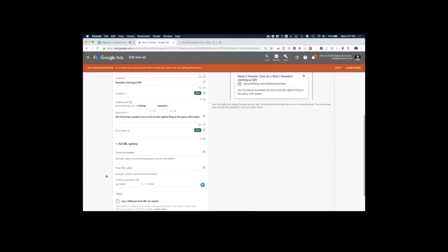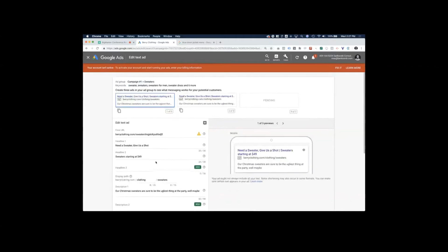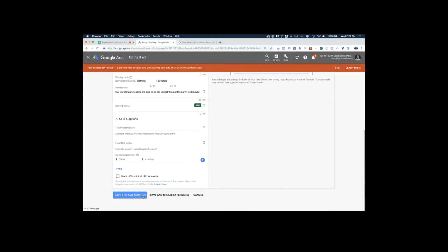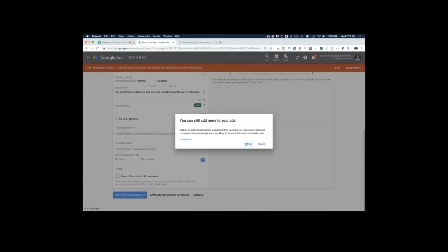Add URL options. I'll quickly just touch on these. This is for tracking individual pieces. You can link this up with your Google Analytics, as well as add different suffixes to your URL in case you want to pass stuff to your website. So if there's specific information you want passed into your website, or you want to track individual specific IDs, you can do that here. So I'm going to just say save on these, and I'm going to go back, and